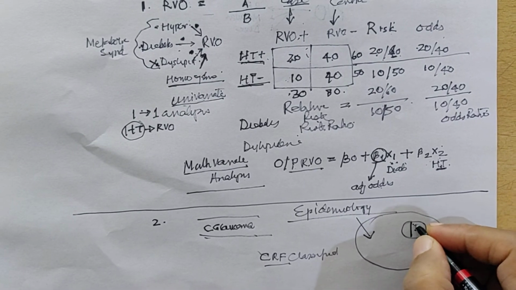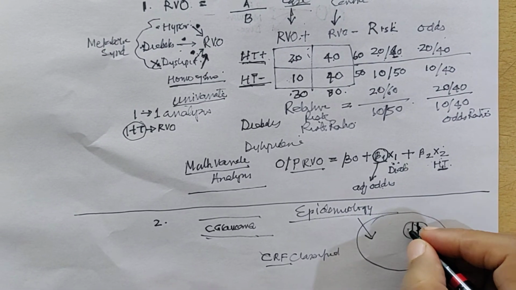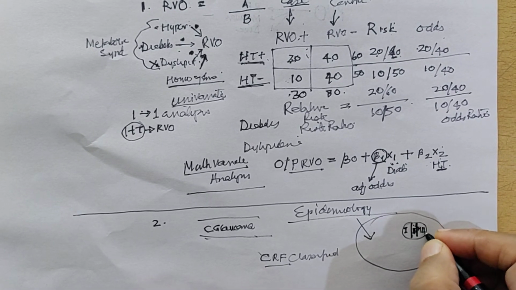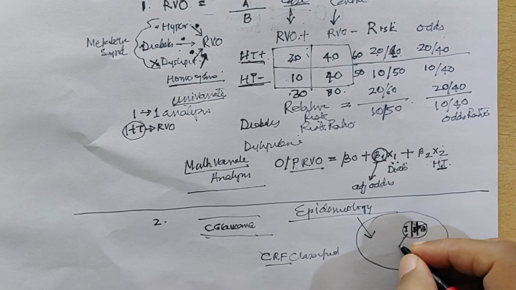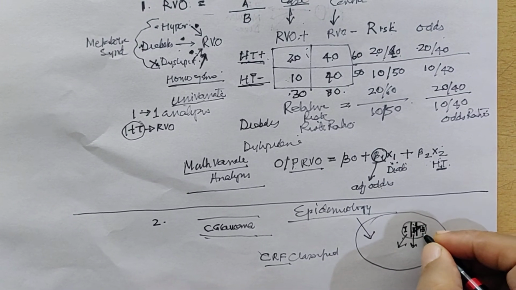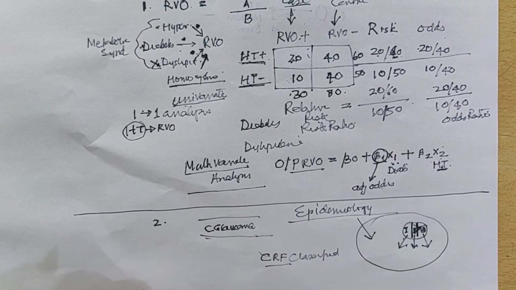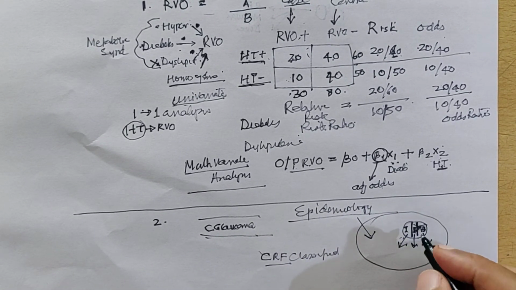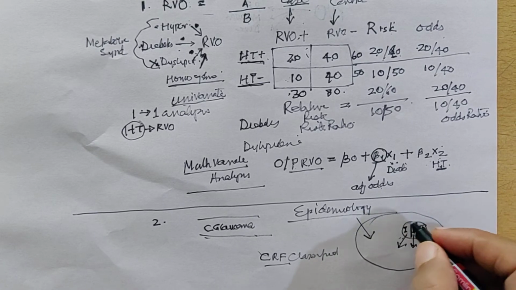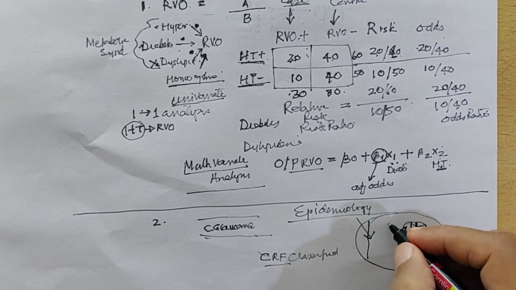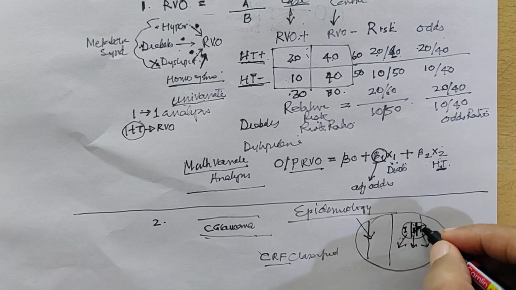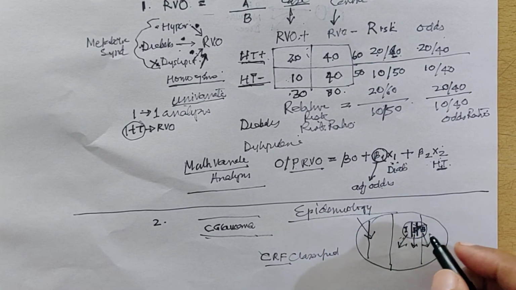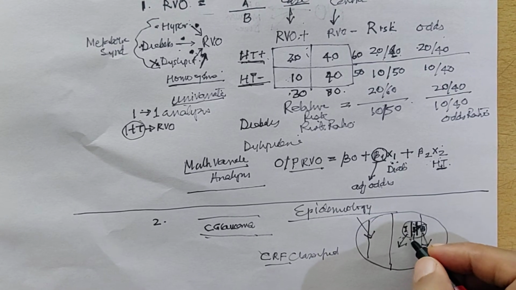So, supposing this is the CRF classification, this is type 1, this is type 2, this is type 3. You are trying to report the numbers: how many had this, how many had this, and how many had this. This is on your study population, but what would be in the target population? What will be in the universe? So for each estimate of proportion,